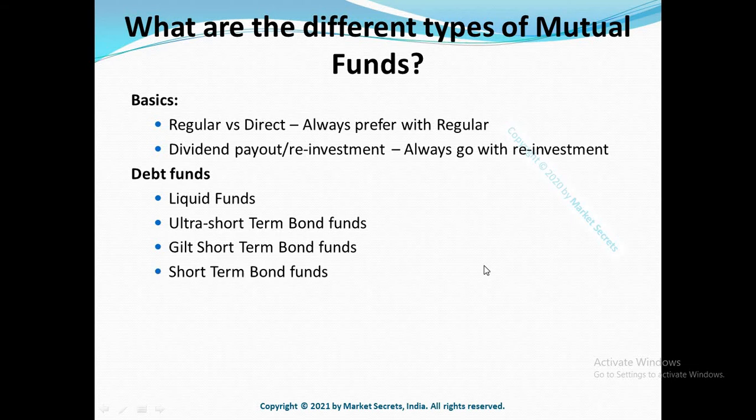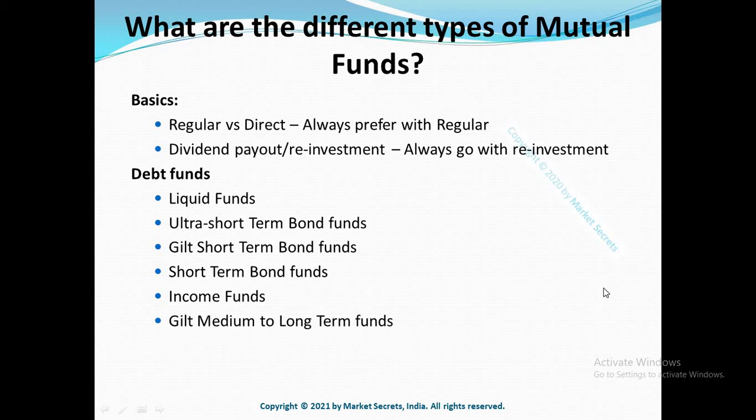The next one is short-term bond funds, which is otherwise called corporate short-term bond funds. These bond funds invest in corporate bonds with a maturity of 1 to 3 years. The next on the list is income funds. These are usually flexible funds which can change their portfolio according to the interest rate outlook and tend to provide a less fluctuating regular income. But even though it is providing regular income, it doesn't mean it is completely safe. It still has credit and interest rate risks.